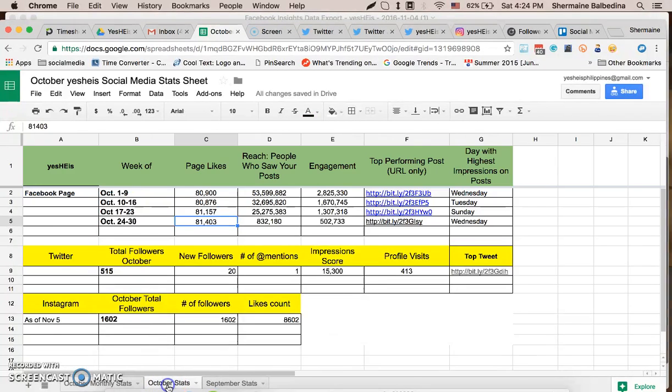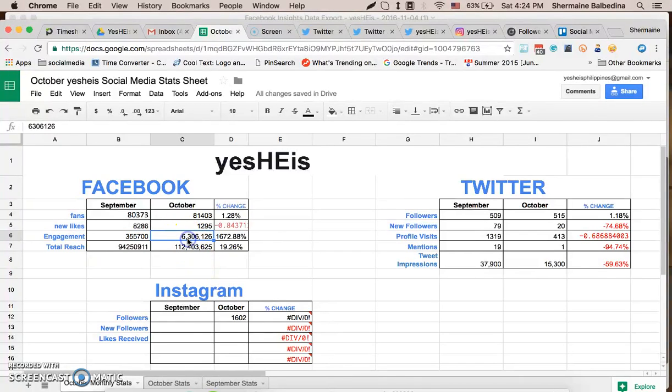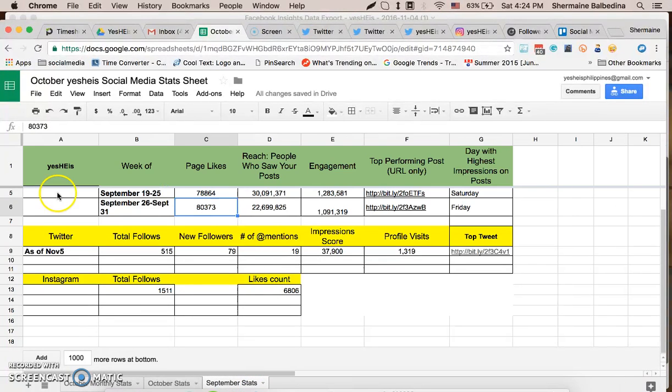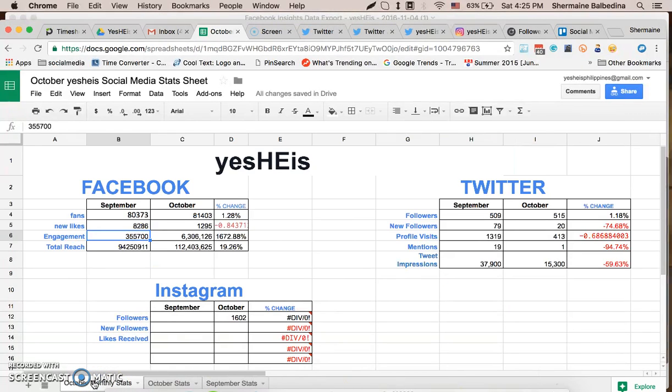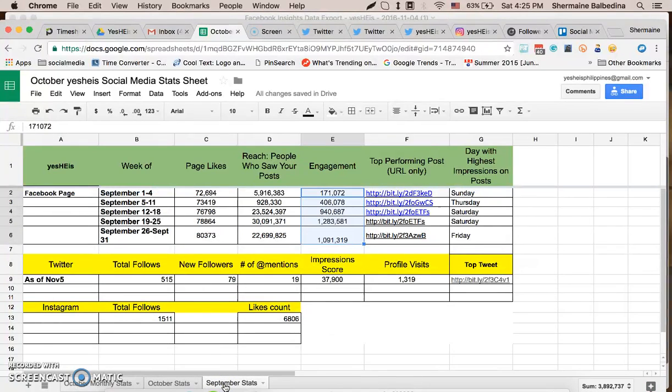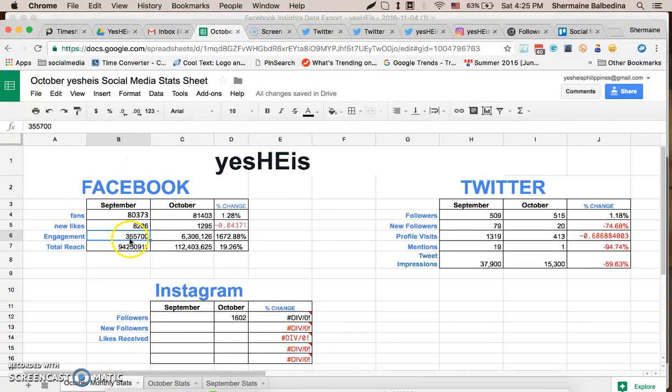So engagement, you can just get the total here from the weekly that we got before. So there you can see 6,306,126. And then September, let's check, since we get it per week, so just drag on this on the report that you created, 3,892,737.